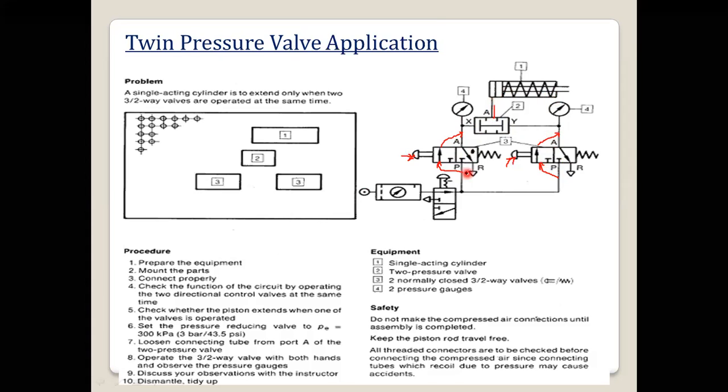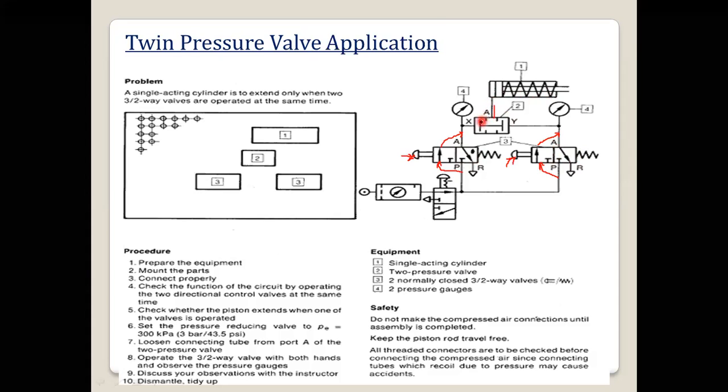After doing the extension, when I release this push button, it will come to its original position. Original position, that is the closed position, and this will also come to its original position. Here I am operating the DCV at the same time. So now what will happen at the retraction stroke? Compressed air will be coming